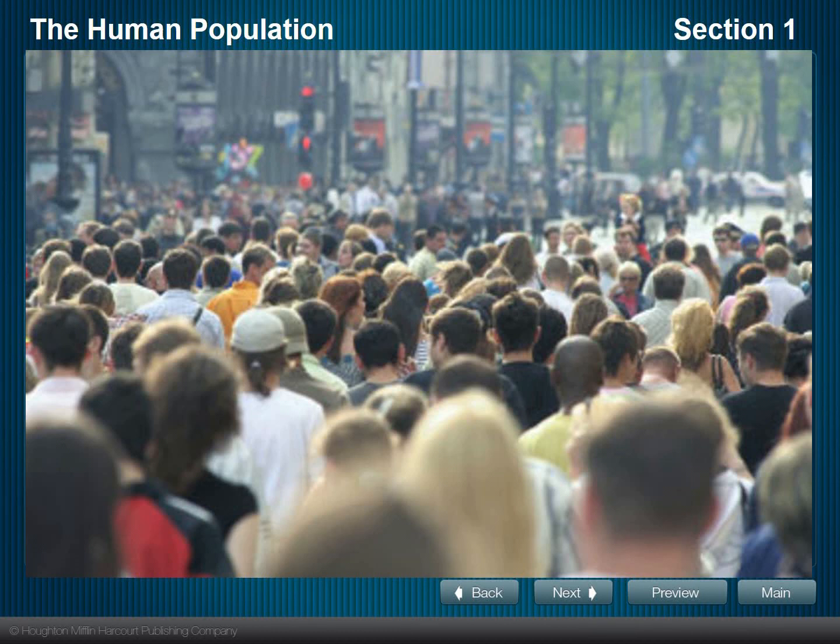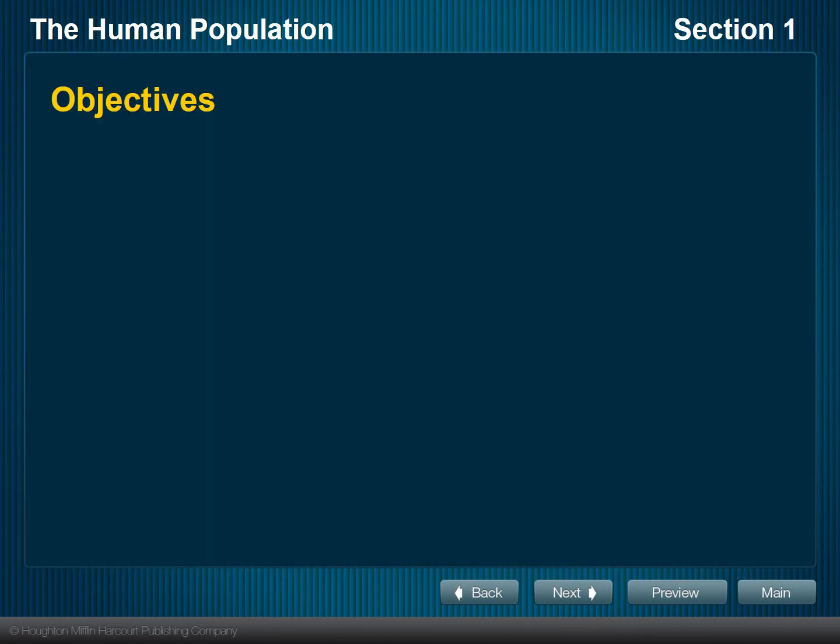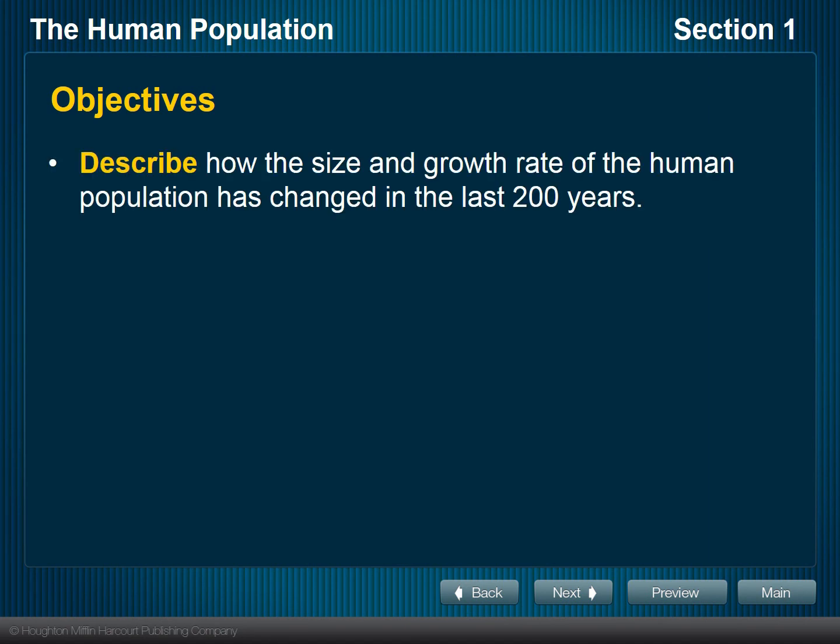Today we will be discussing Chapter 9, Section 1, which is found on page 219 of your book. It is titled Studying Human Populations. When you finish this section, you should be able to describe how the size and growth of the human population